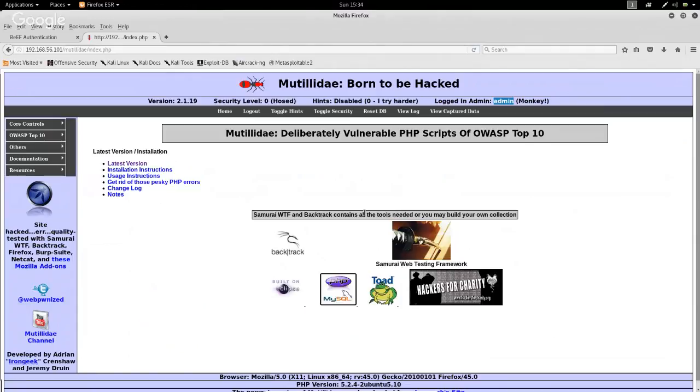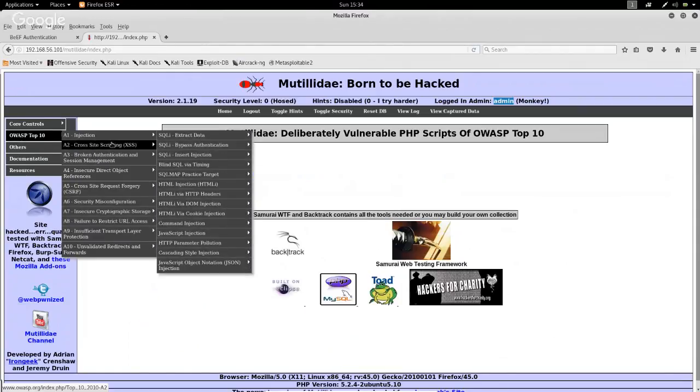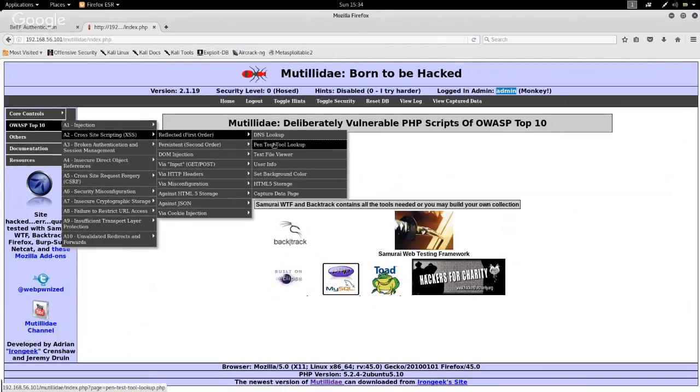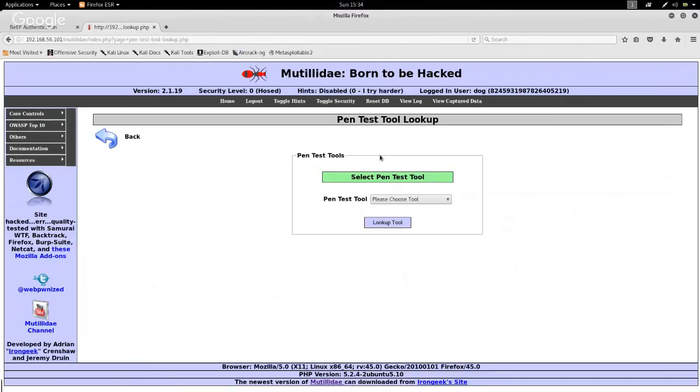I want to really get into cross-site scripting now. So we did basic cross-site scripting in the stored persistent example, where we created an account and it stored our XSS, and from there anybody who viewed our account details would be exploited. But if we wanted to do, for example, a first order attack, a reflective attack, let's see what that would look like. So for this, I'm going to use this pen test lookup page, which I happen to know is